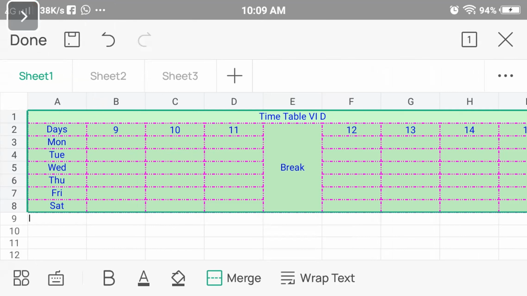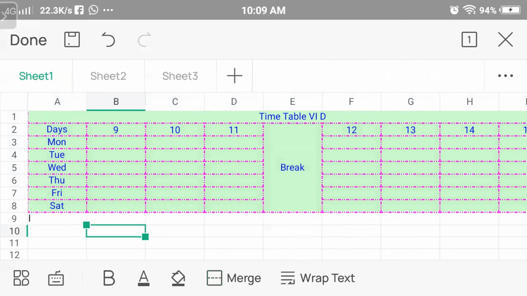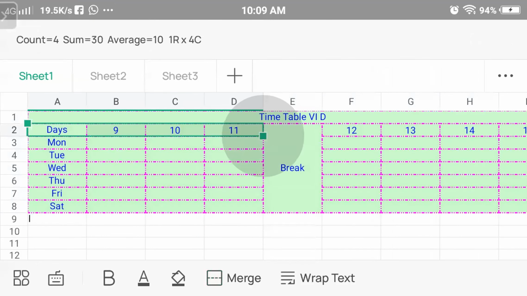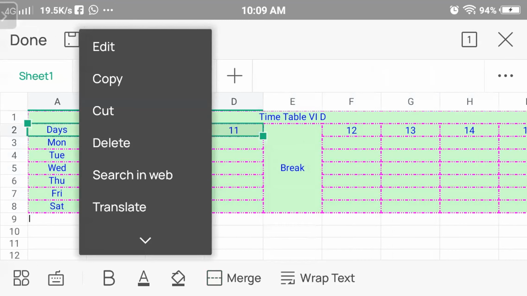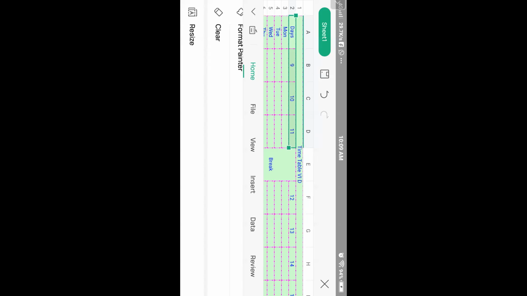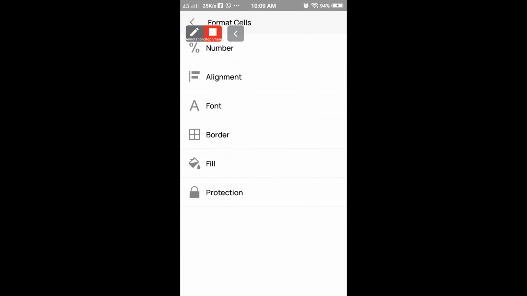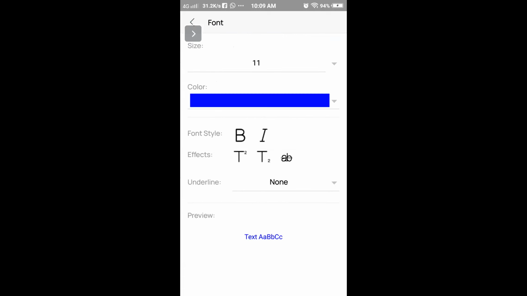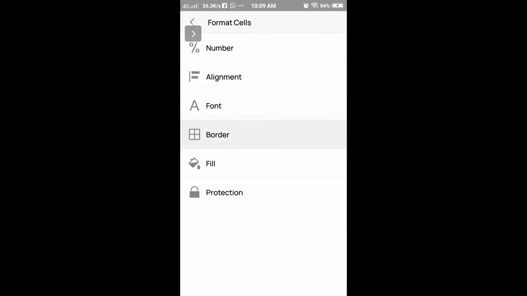Then for colors you have to choose one by one. So you can choose, let's say, only first row. This one. And then go to format cell, because you wanted to give a different color. Font color nahi, we have to change the fill colors. Fill color.